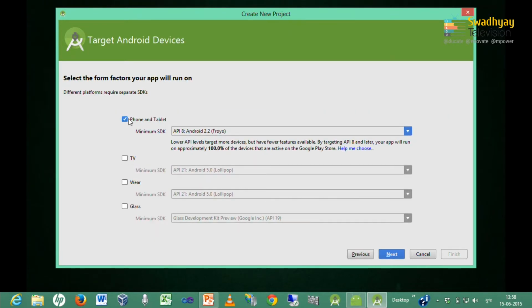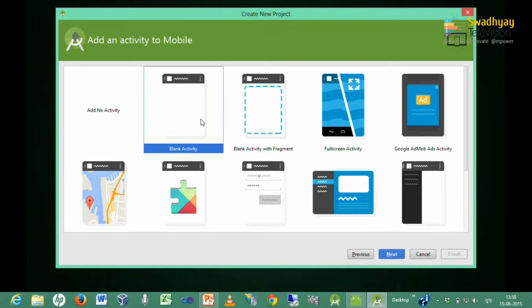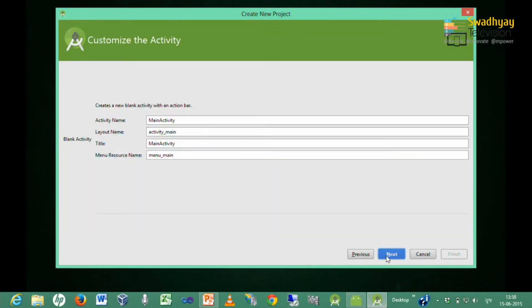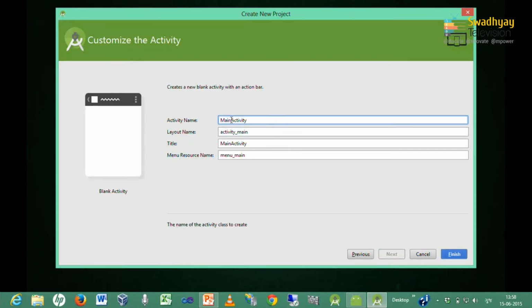Here I am using the phone and tablet option, and I use API 8 or Froyo version of Android, so my application runs on every device. Then I press next. Here I select blank activity, then I press next, and my activity is calculation activity. So, I give the name calculation activity, then I press finish.